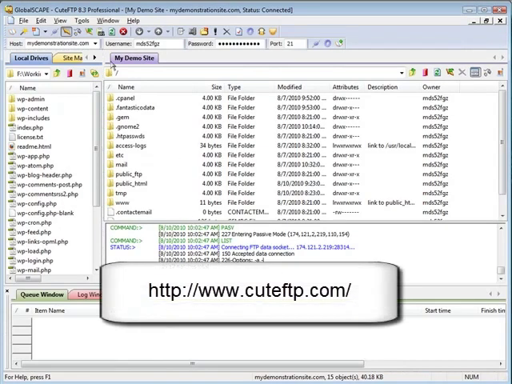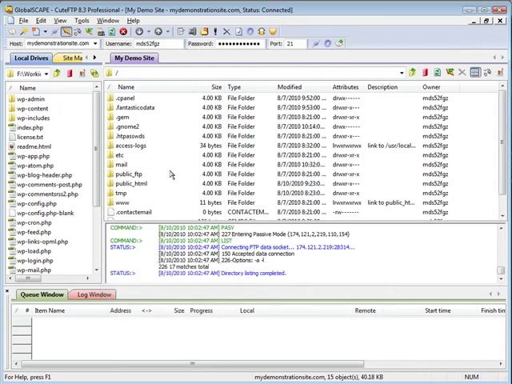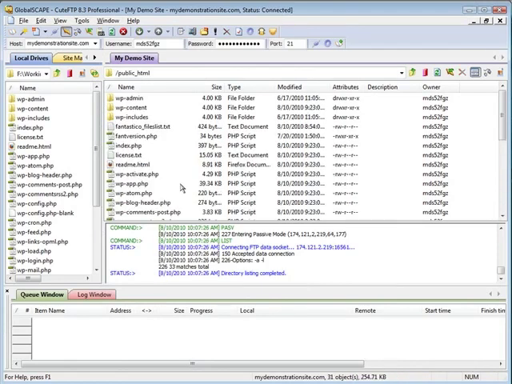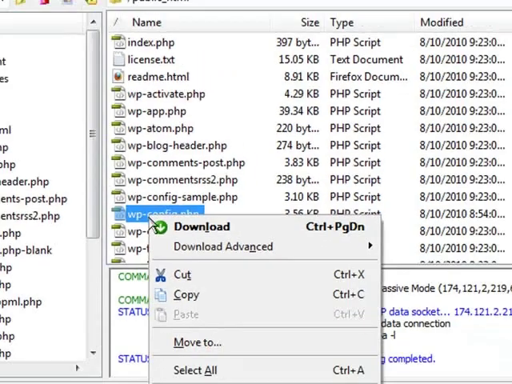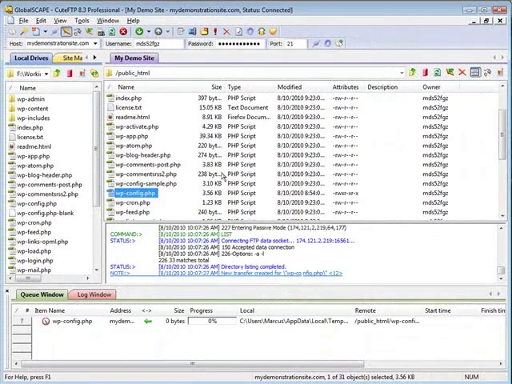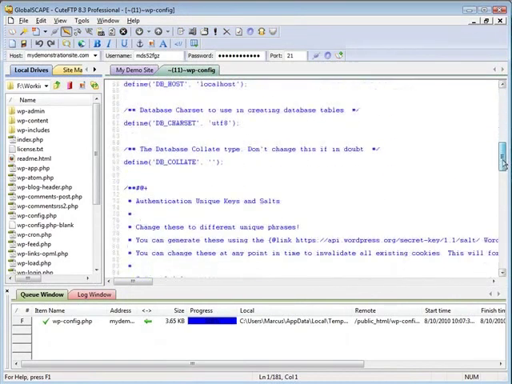Now I'm using Qt FTP, so I'm able to edit on the fly. If you are not able to, for example, you're using something like FileZilla, then just simply download the wp-config file, make these additions, and then upload and overwrite the existing one. So that being said, I'm in my root directory of the blog. Let's find my wp-config. Here we are. And here I'm just going to right click and then left click on edit. It'll bring it up right here. And I just scroll on down,